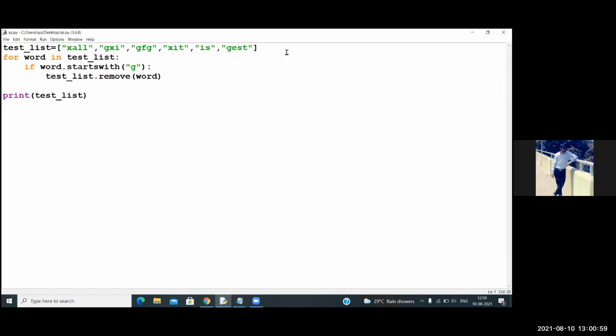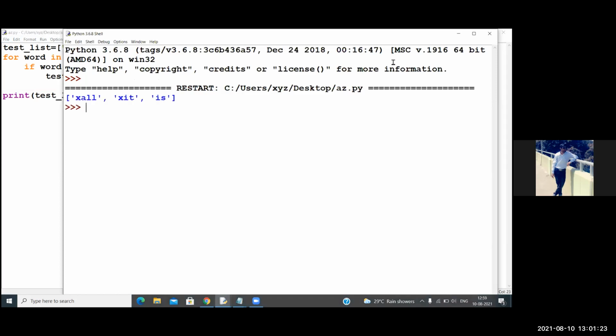For word in test list, give an array bracket and put that colon also there, the double dot. Now run this thing. Done. Even without mentioning this array.